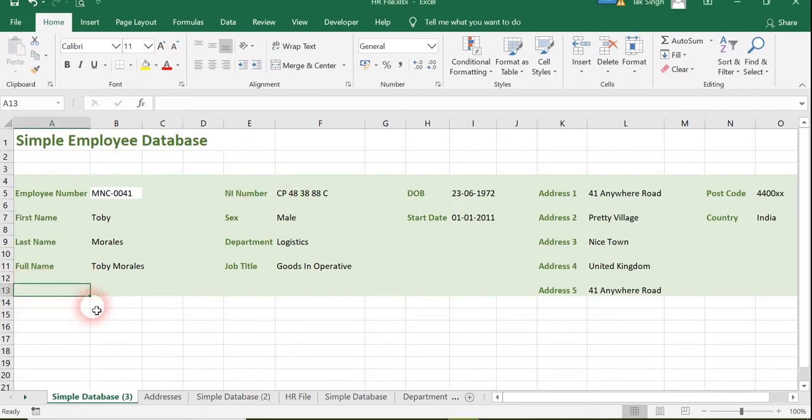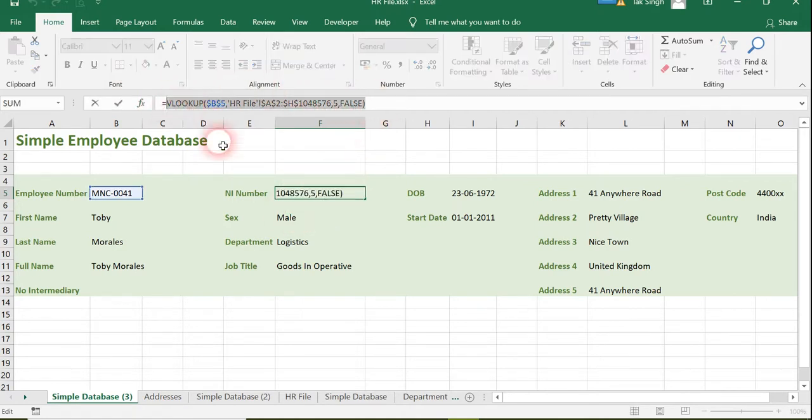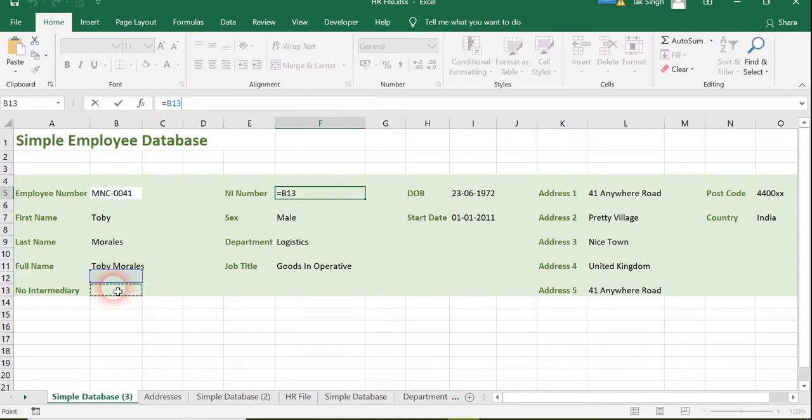To do that, what I will do is create here a heading which says no intermediary, and I will quickly format it using format painter. And over here, you can see that this is the lookup function that is returning this value. So I will copy this, Control C, and what I will do